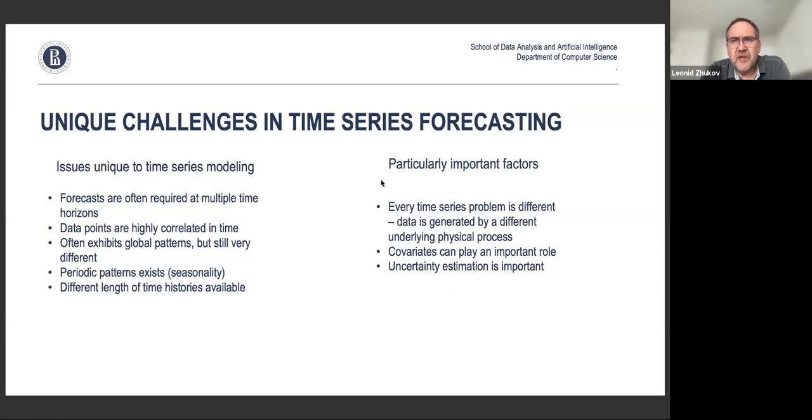As I mentioned before, there might be correlation within the data points, but also if you have multivariate data, meaning multiple time series, then covariates will also play an important role. For example, not demand forecasts, but working with data from multiple sensors that measure the same process.